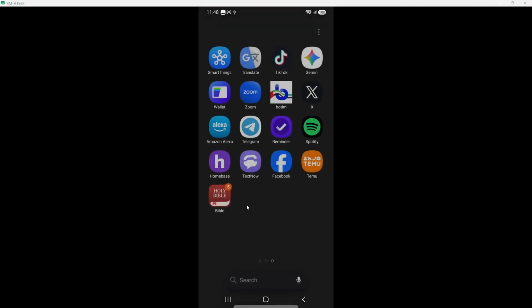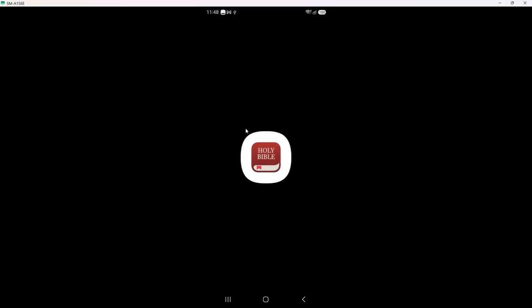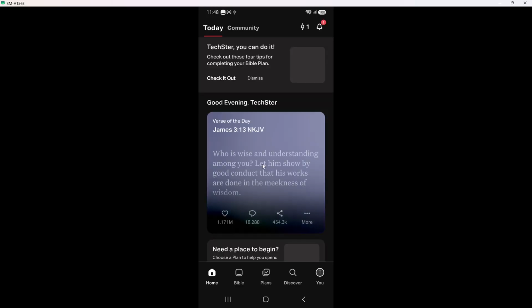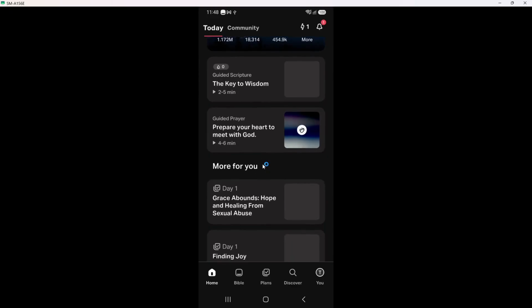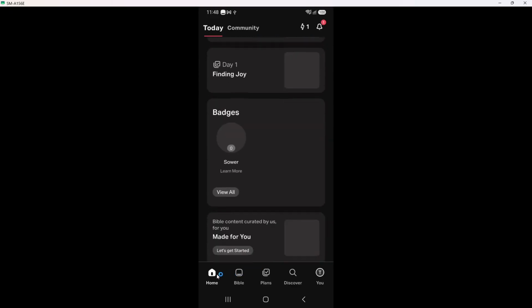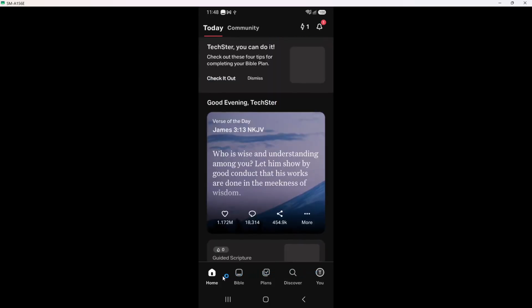Open the Bible app. Once it loads, you should see the main screen with options like Home, Read or Bible, and maybe a verse of the day at the top. If you are asked to sign in, use your usual account so your devotional stays saved across your devices. This takes you to the main reading screen where you see chapter and verse text in the middle. At the top you should see the book and chapter name, and at the bottom you may see navigation tabs for different sections of the app.